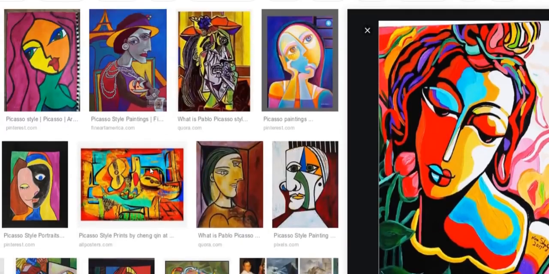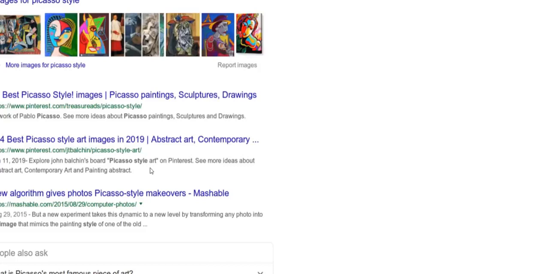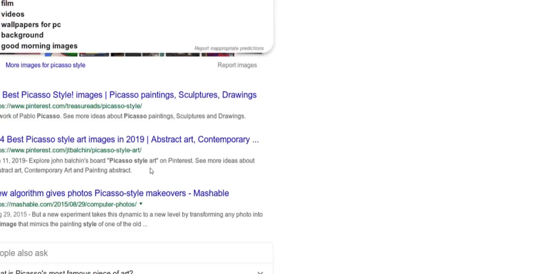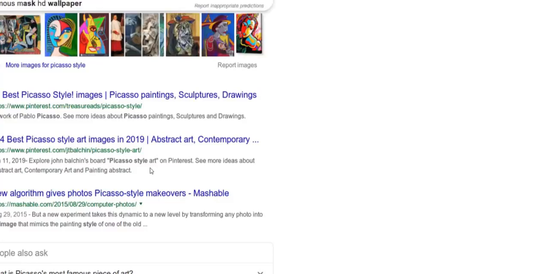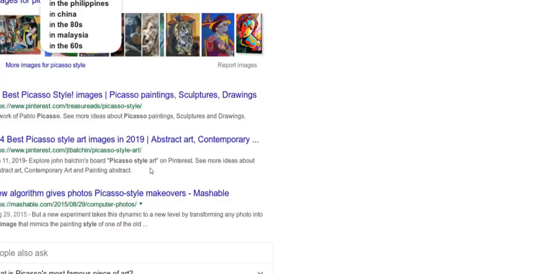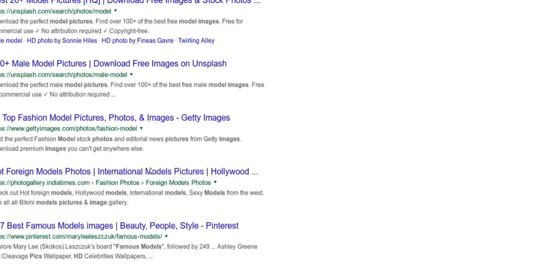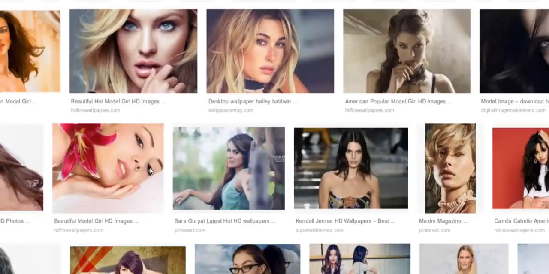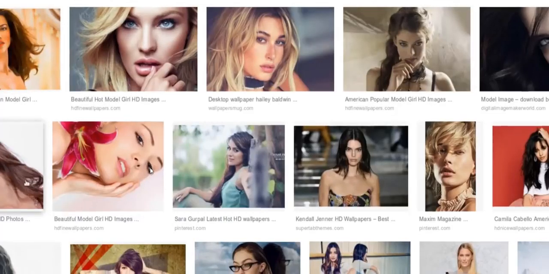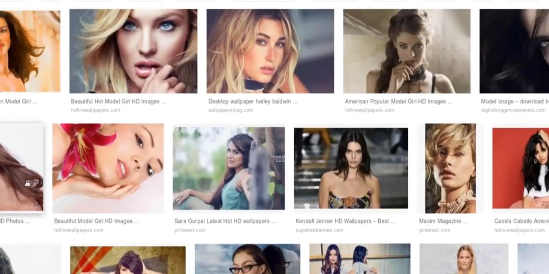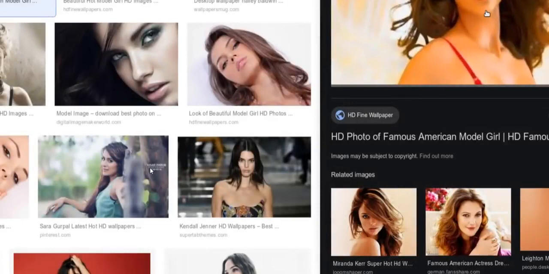And let's grab some original image. HD famous model images. So here, I don't know the names of these girls, but let's go with this image first.